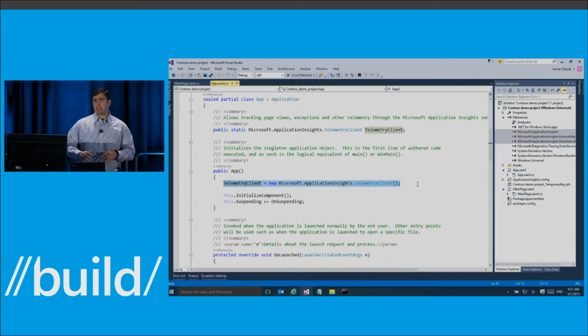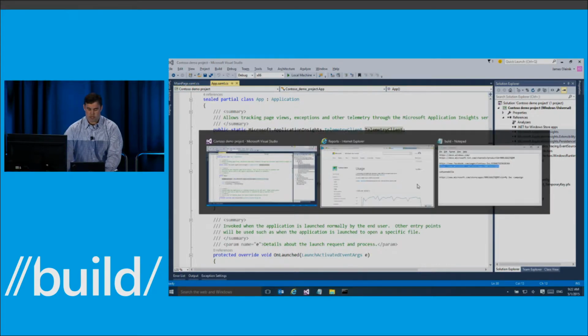When I initially built this, I just added my code to the project, I compiled it, I built my AppX, and I submitted it to the store. As a part of that submission process, the store activated the Insights SDK, and now when our application runs on any of the Windows 8, Windows Phone 8, or Windows 10 devices, the SDK automatically collects telemetry that is exposed to you through this new app usage report. So let's take a look at that for Contesto demo.